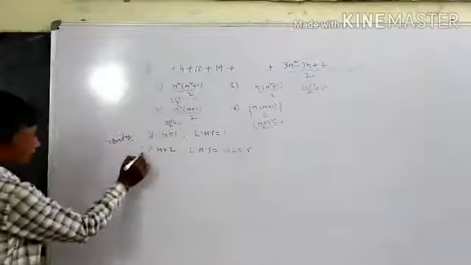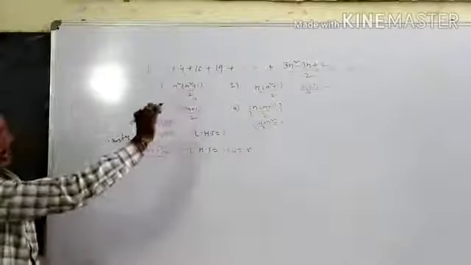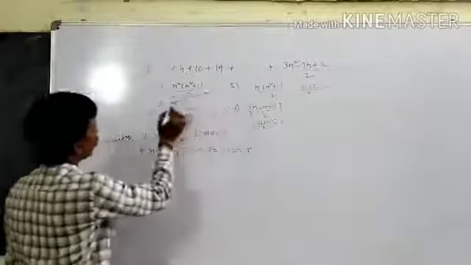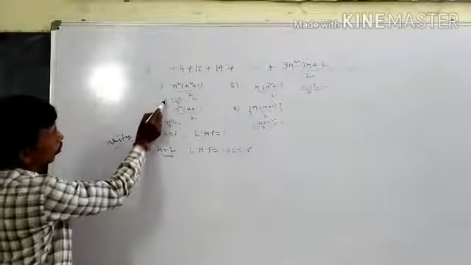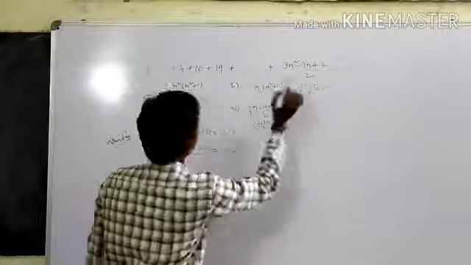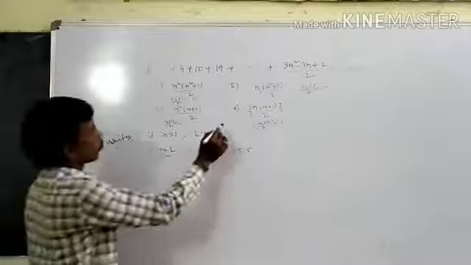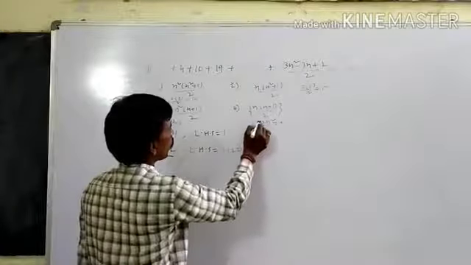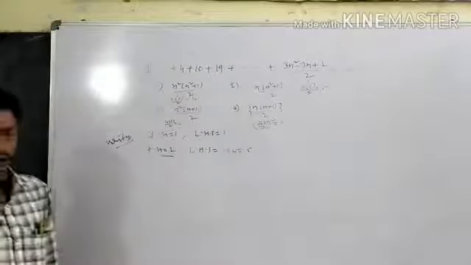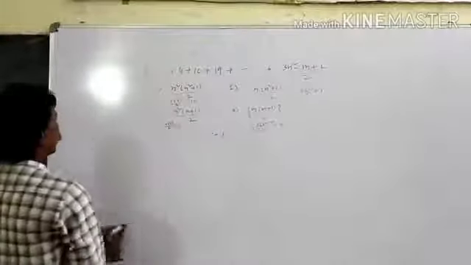So verify: if n equals 2, the LHS value is 1 plus 4, that is equal to 5. So that value matches the second option. In the first option we put n equal to 2, we get 10. In the second option, we get 5. In the third option, we get 6. In the fourth option, we get 9. So which option is the right answer? Second option. Now another problem.